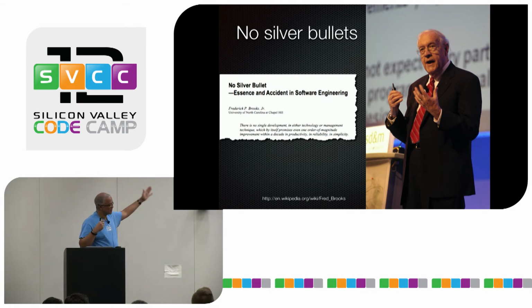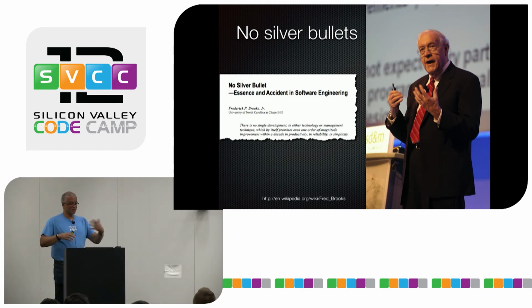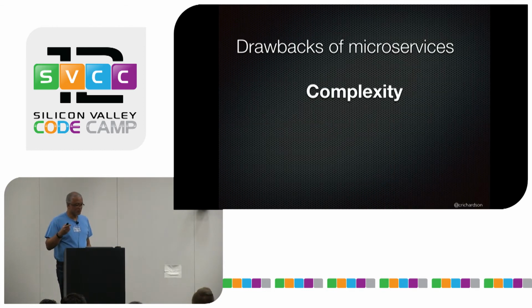But one of the things he said in a talk, I think back in '85, was there are no silver bullets in software engineering. There's nothing that will give us a massive boost in productivity. There are a whole bunch of things you can do that will slow you down, but there are no magic silver bullets. Even though I think we in the software community are constantly looking for the latest silver bullet. But there are some significant drawbacks.